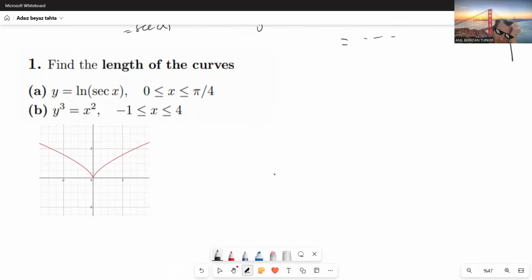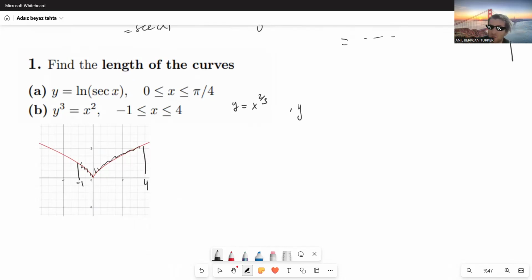Because here y is equal to x to the power 2 over 3. The power is less than 1, so you expect some square root of x behavior in both cases because it's still defined on also negative x's. Anyway, we want to calculate it from -1 to 4. Okay, so we want to find this length of the curve. So just apply the formula, but